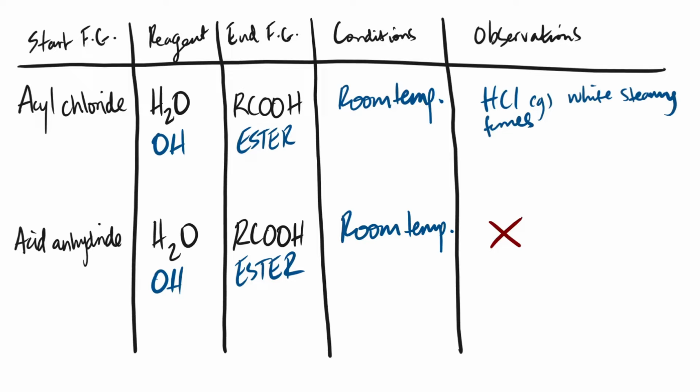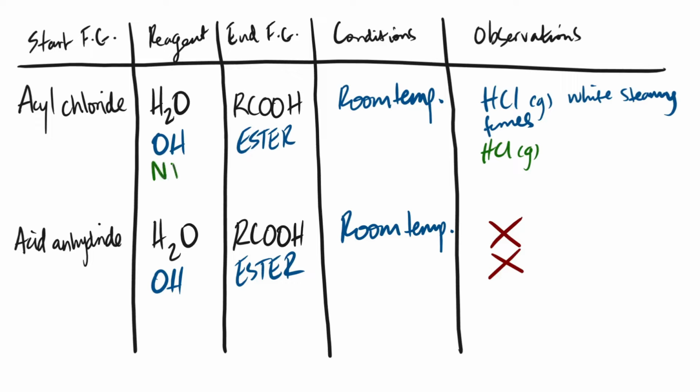Okay, real simple stuff. What is our observation going to be here? Again, hydrogen chloride gas is produced. Okay, so we're going to get white steamy fumes. Exact same thing as when you react with water. Okay, and just as with the first example with water, you're not going to get any observation with the acid anhydride. Okay, real simple stuff here. So that's the first 2 out of the way, real easy stuff, guys. Next one, we're going to be dealing with